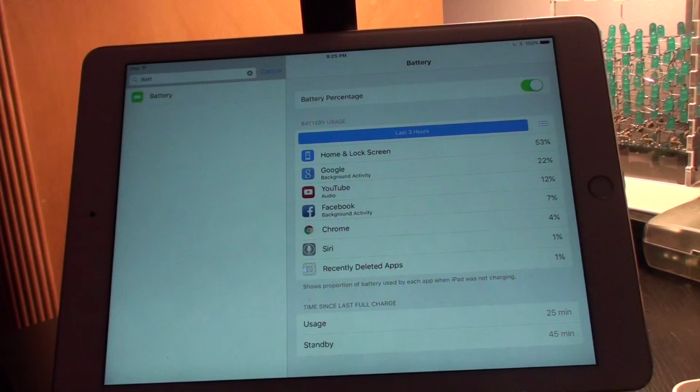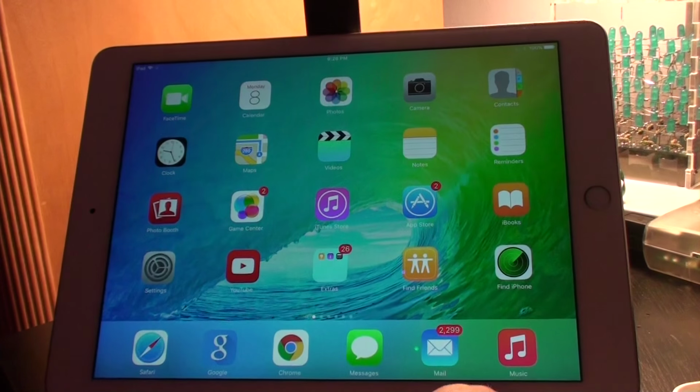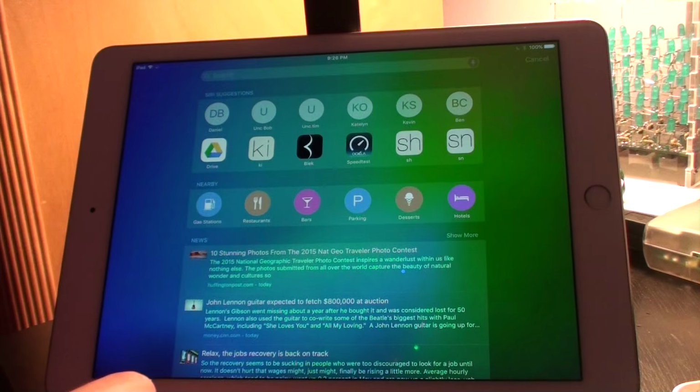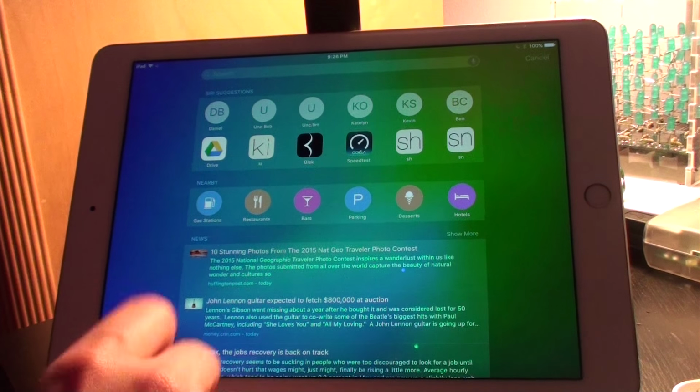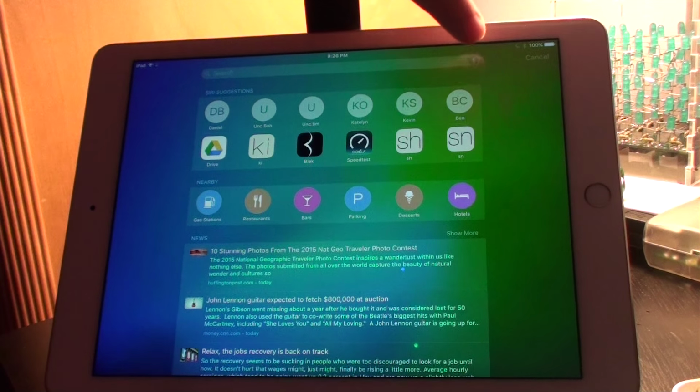So that's that. Now let's go back to the iPad. So that's battery, that's power saving mode. Next what we're going to talk about is search. Now they have an advanced search, they call it advanced search I think. It's powered by Siri, so if I tap on a Siri icon,